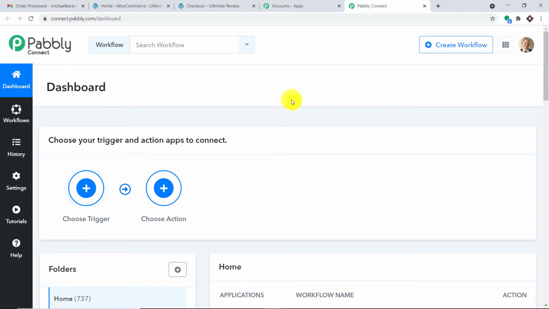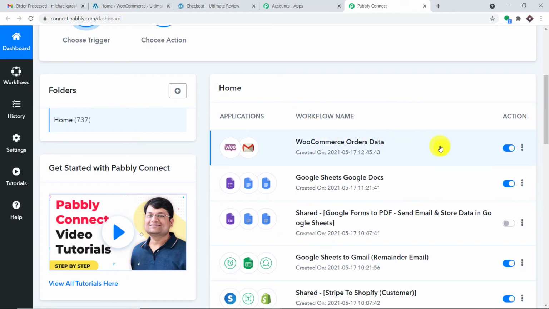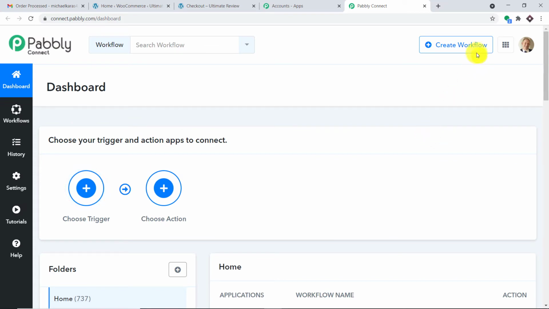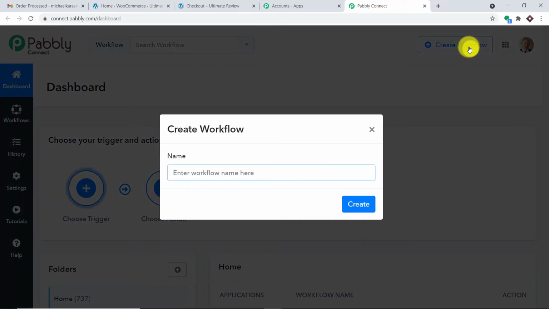Basically we are going to create a new workflow to integrate WooCommerce and Gmail. Before I do that, there is something I have to do. As you can see, I have already integrated WooCommerce and Gmail. Now I'm going to switch off this workflow. The reason is, if I don't switch off this workflow, there will be 2 emails in the same email address for the same order. So to avoid this duplication of data, I have switched off this workflow. It is actually none of your concern because in your case, we are going to start from scratch by clicking on Create Workflow.